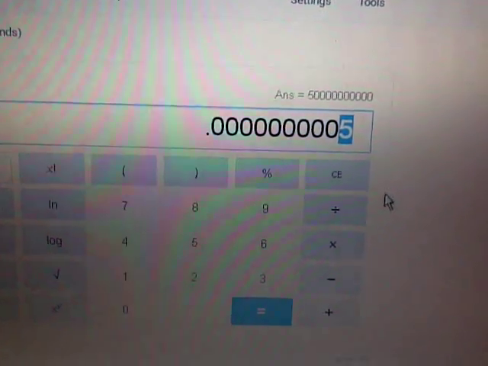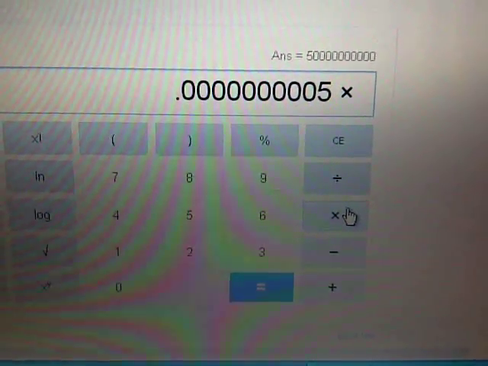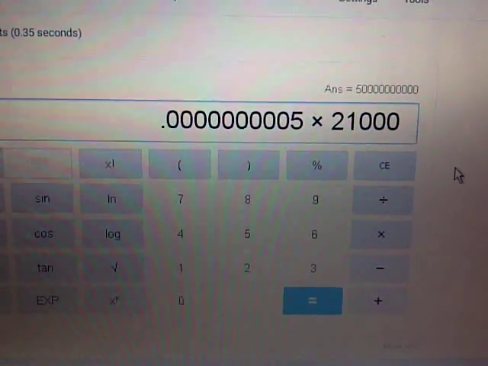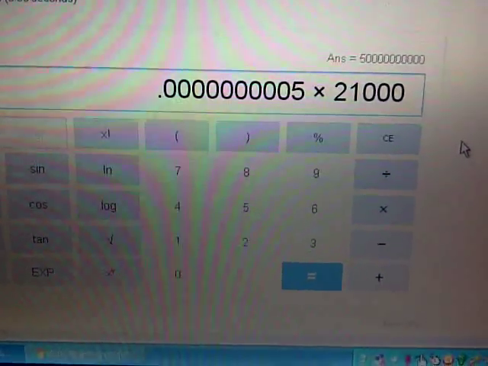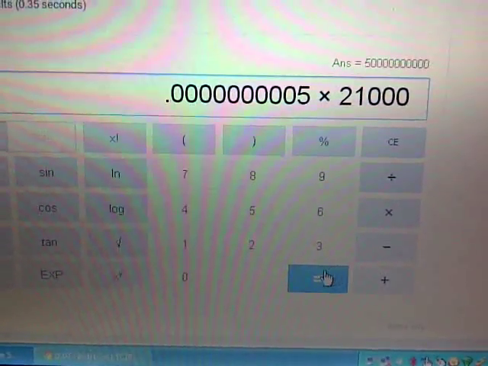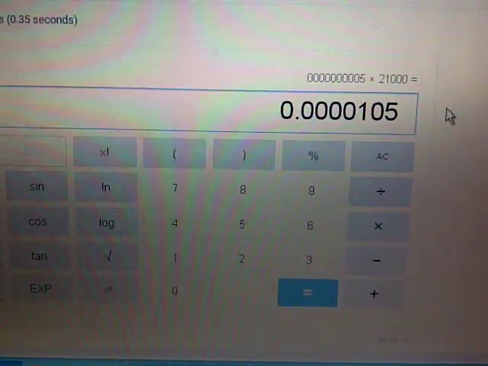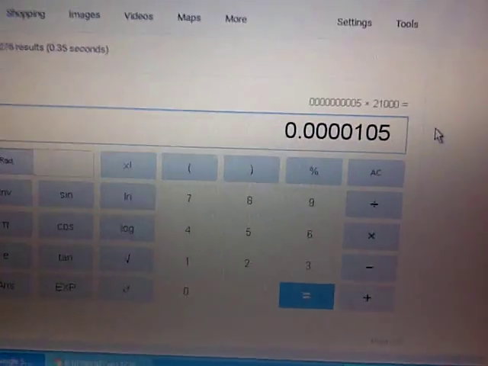So you take this number and you simply times that by 21,000, right? So you times that by 21,000, and that's how much gas value you should put in. So Brian,